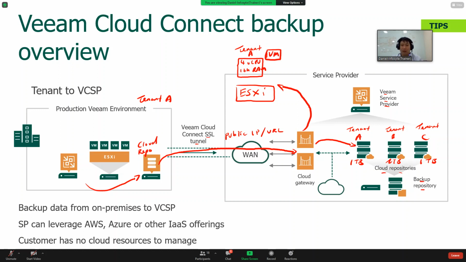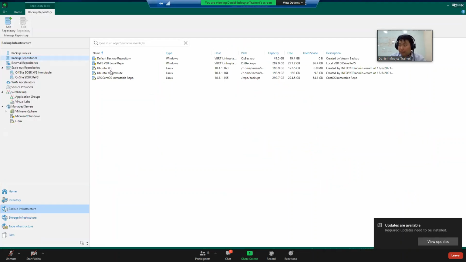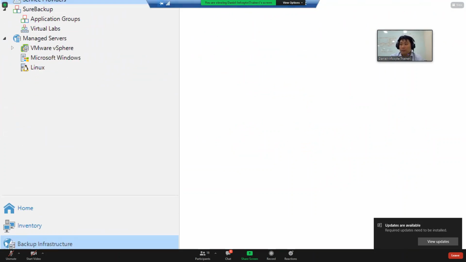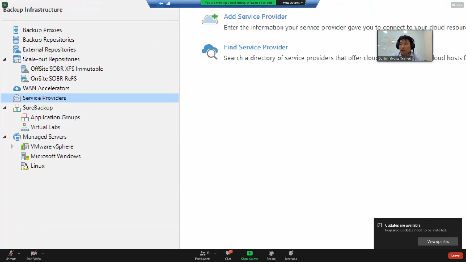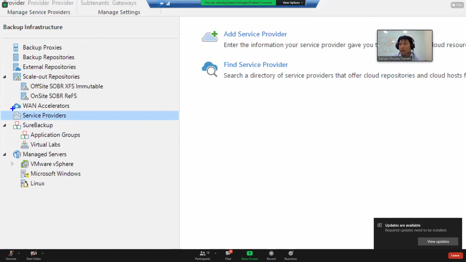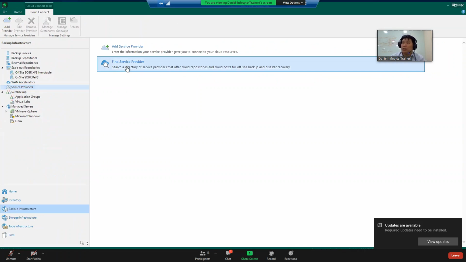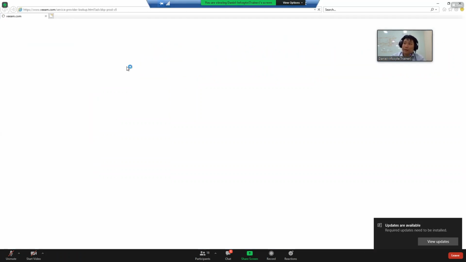So if you are keen on knowing more, you can go to your backup software. Under your backup software, there's a place we call service provider. Inside your backup infrastructure, you can check on this service provider. Then you can click on define service provider. They will redirect you based on your country. So you have this Veeam